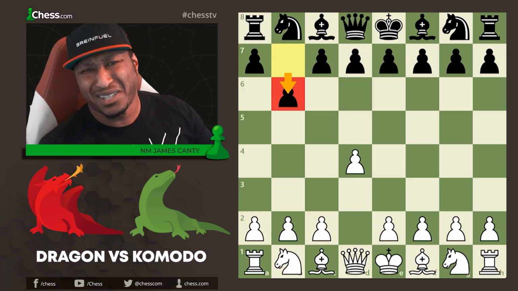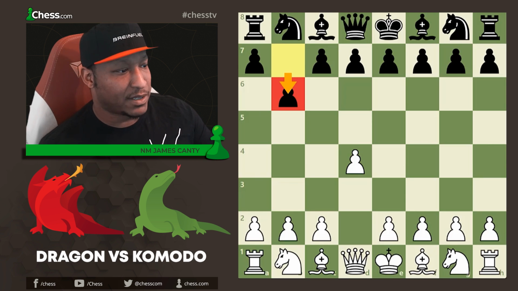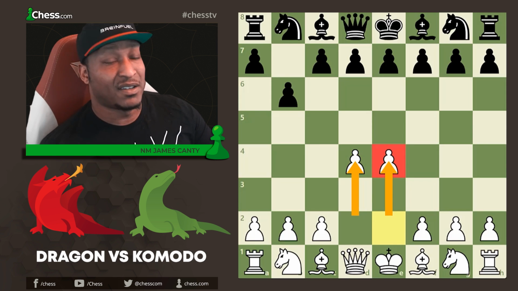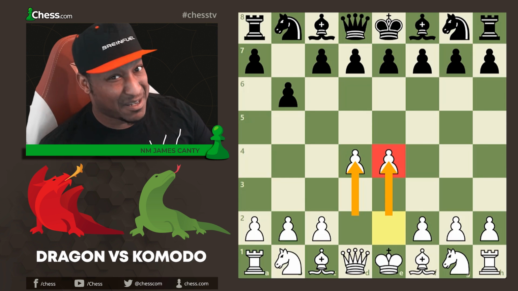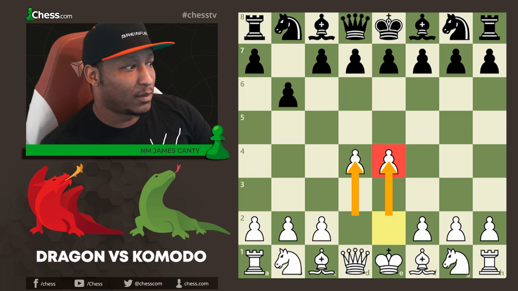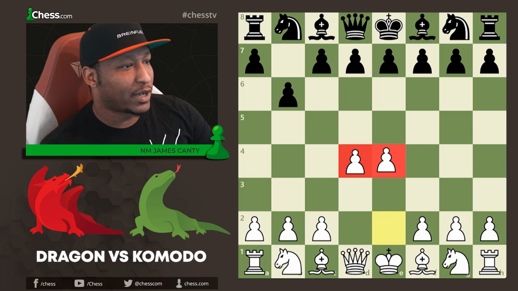defense. It can be played really against everything that white plays. So D4, B6 from Komodo and E4. Transposition into the Owen's defense. Usually you will see E4 then D4. Now there's a lot of chess in this game, 60 something moves, but we're going to slow down a little bit and actually speed it up later on so that we can get through the entire game and not keep